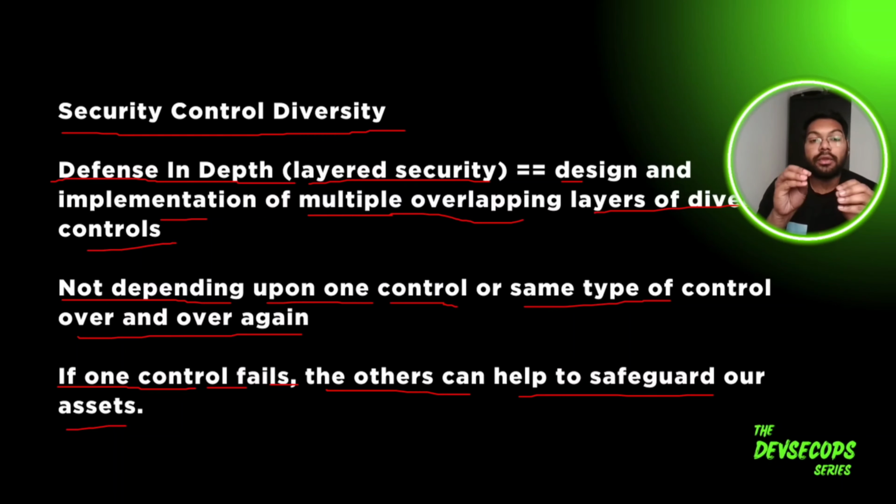Now the people on the inside should be able to safeguard it. If those people are also breached, then there comes the locker, the big locker that you might have seen in Money Heist. That should ultimately be more safe than the other layers, so that the cash in that particular bank is secured.